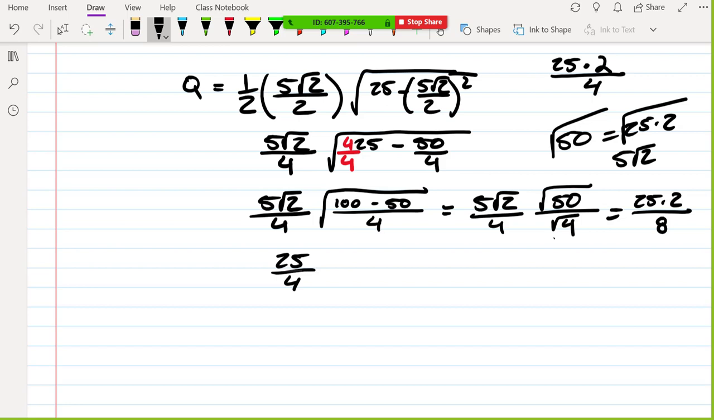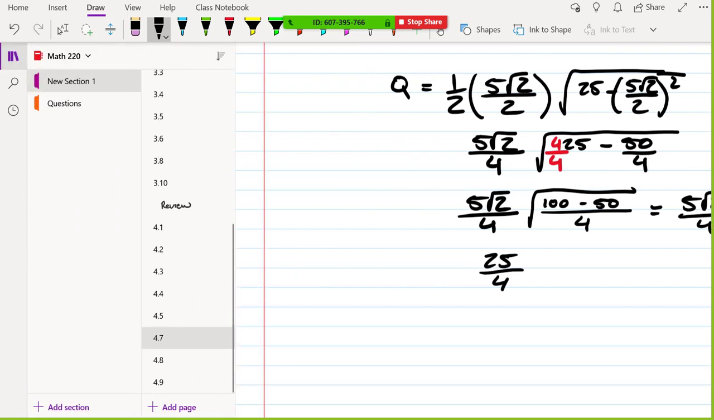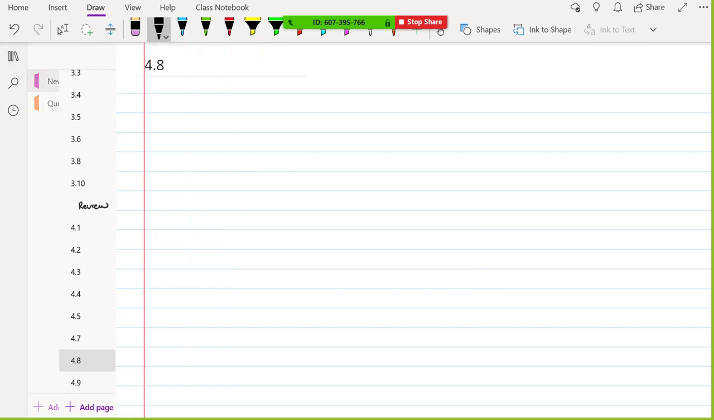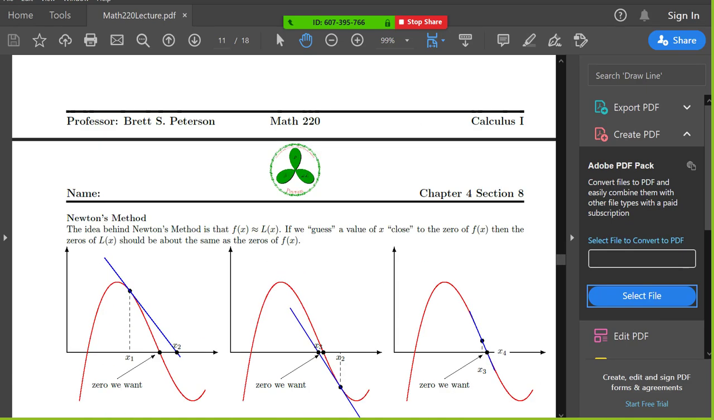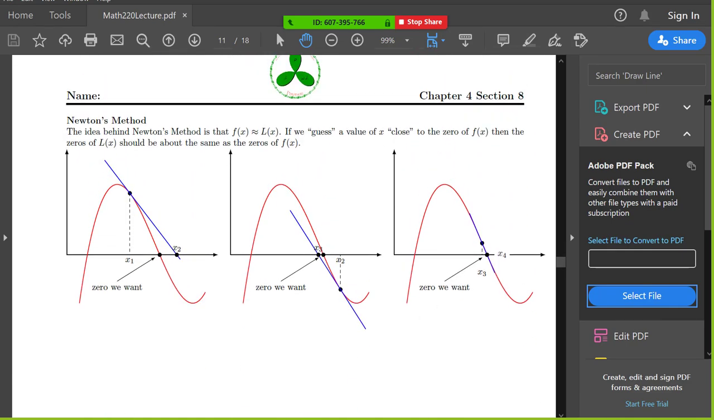All right. So now we are ready to move into our next section, which is 4.8. 4.8 is going to be a little bit different. We're going to be talking about